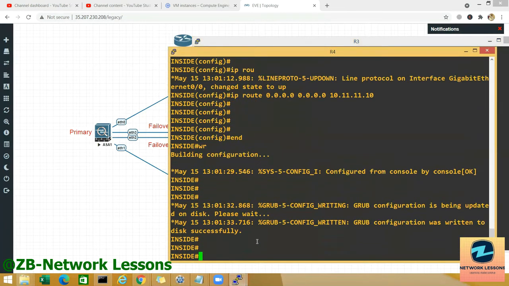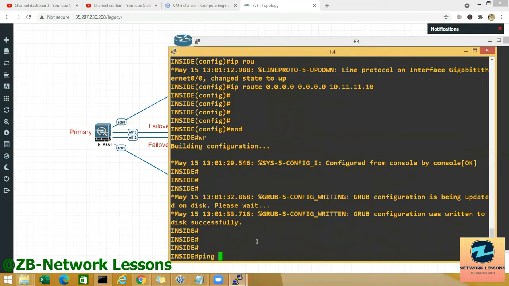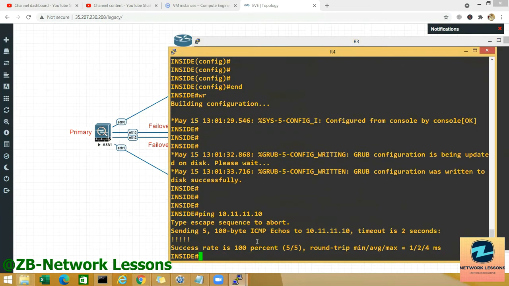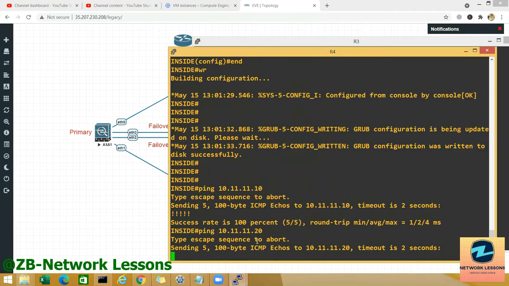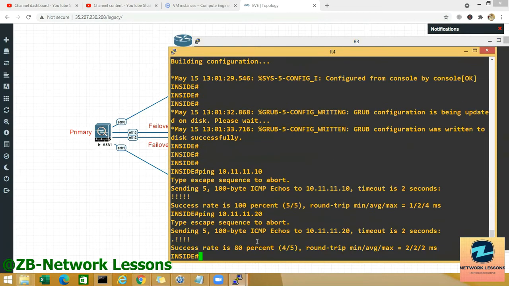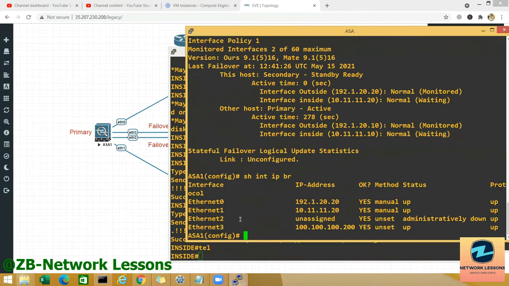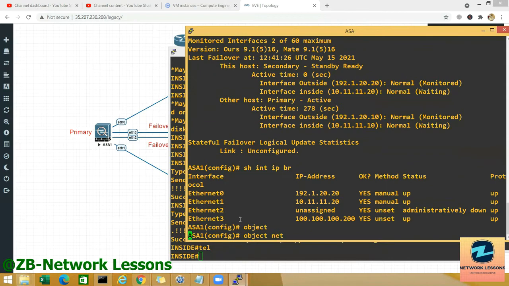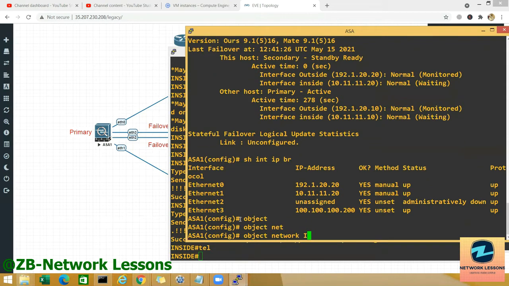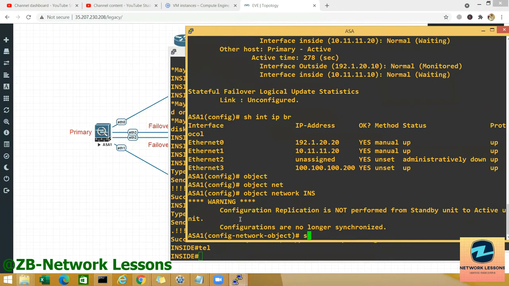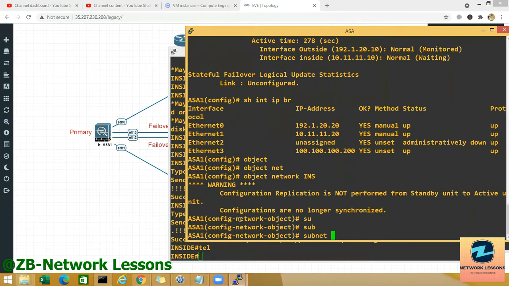So if I go here from the inside, if I ping 10.11.11.10, so it's up, and also 20 is up, but my default gateway is 10, so all the traffic will be going through 10. So let's do a telnet now from here to the IP address on the outside, 20. Before that, I need to do a NAT. So let's do a NAT on the ASA. So for that, I have to go to my object network. I'll say INS, I mean that is the inside, and I'll keep the subnet as